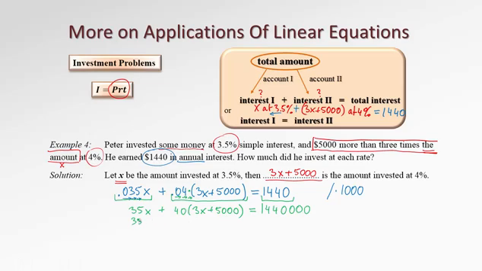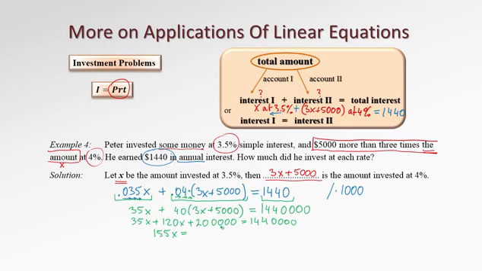We have 35x plus 40 times 3 is 120x plus 4 times 5 is 20, and then we have 3 and 1, 4 zeros. A lot of zeros. Equals 144 and 4 zeros as well. Next step, we collect like terms, so it's